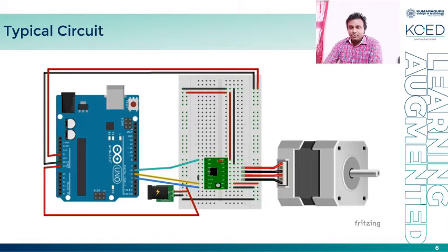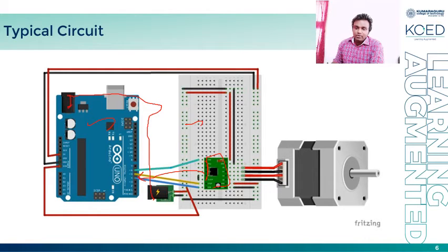So a typical circuit can be a controller and a breadboard. This is the controller, and this is a breadboard, and sensors will be connected to the embedded board, and then the power will be plugged into the breadboard so that it will be connected with the power supply of the Arduino board, and the output will be connected through the breadboard; this is the output, which is actually a stepper motor connected to the breadboard. So this is how a simple circuit looks.